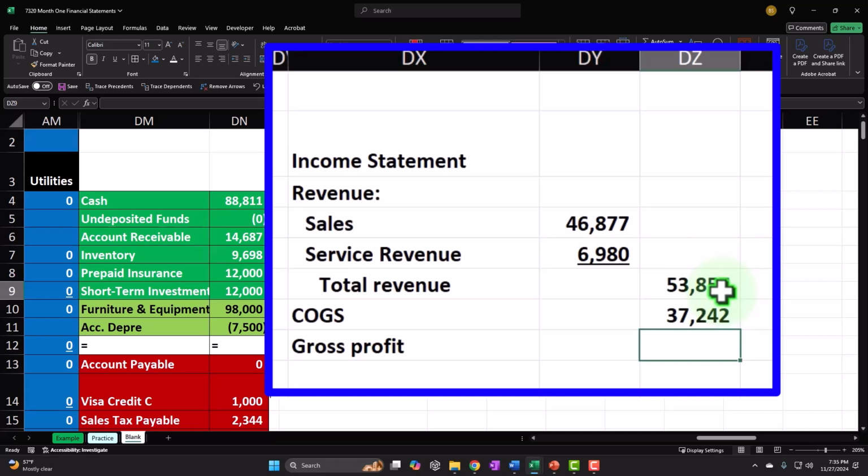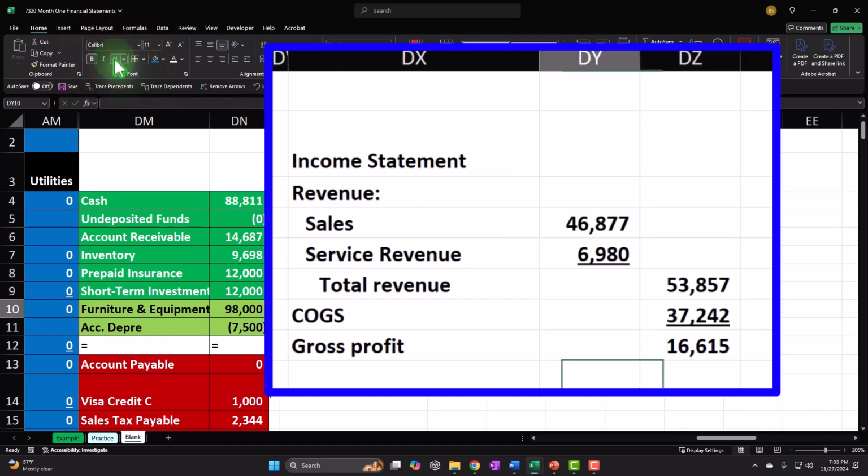But the general format that we want to keep in mind is pretty basic. It's just going to be what we earned minus all the expenses that we had to incur in order to earn it. So the gross profit is going to be a pit stop along the way, revenue minus cost of goods sold. Let's put an underline here. And then we have other